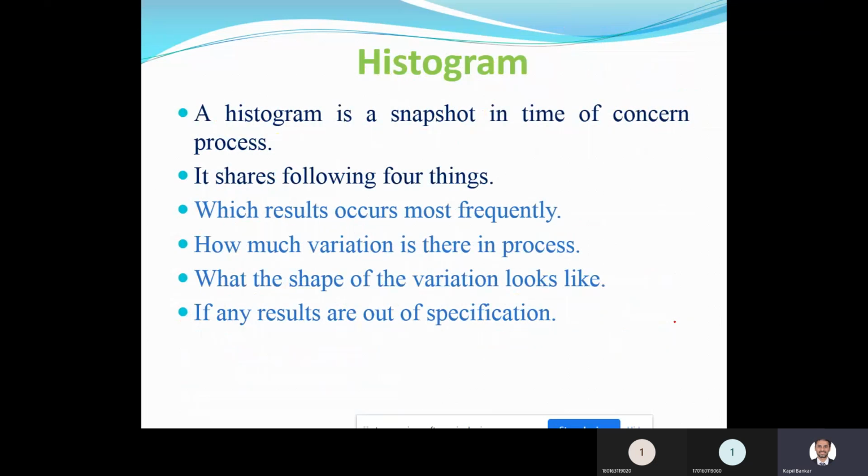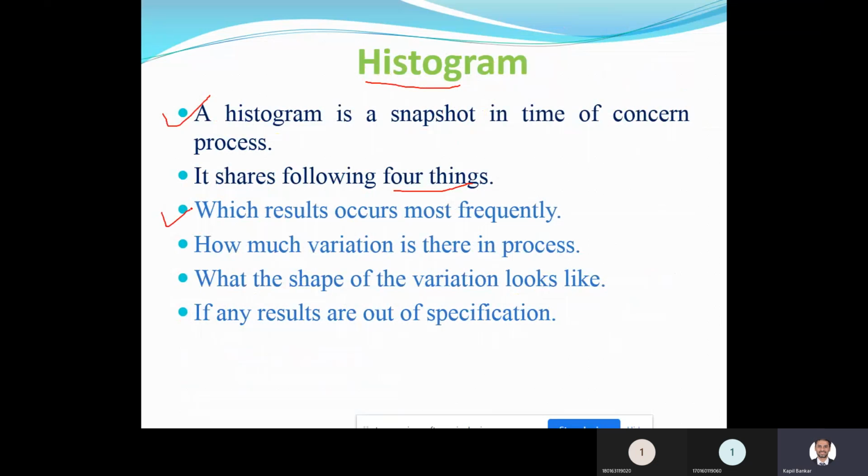Now, some more detail about the histogram and how it functions, or which types of outcomes you can get from the histogram. A histogram is a snapshot in time of the concerned process. It is a snapshot from which you can collect some information as follows. It shares the following four things. Number one,